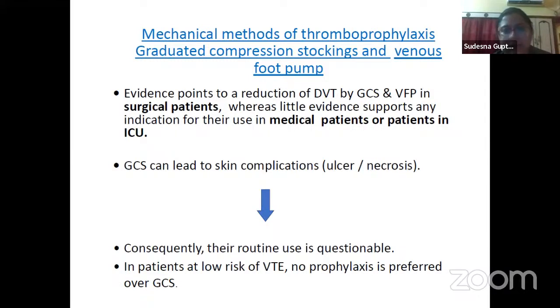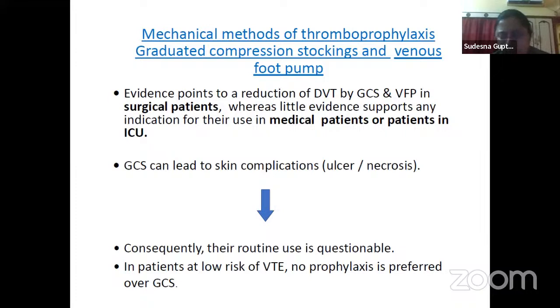There has been more evidence pointing towards their use in post-op surgical patients. GCS, these compression stockings, can actually lead to skin complications. That's why their routine use in ICU is very questionable. So we mostly focus on the pharmacological thromboprophylaxis in the critically